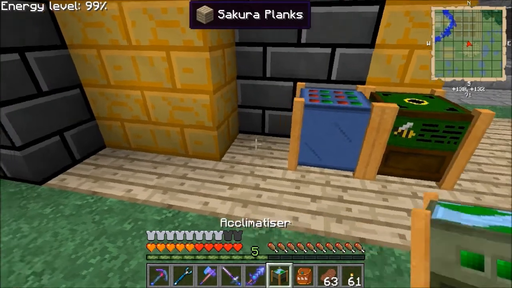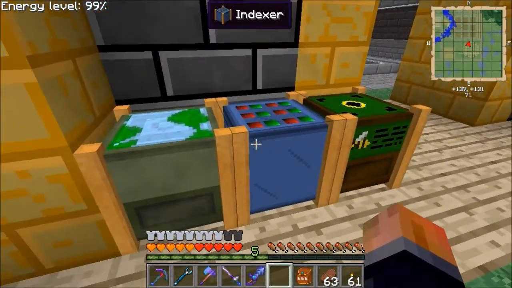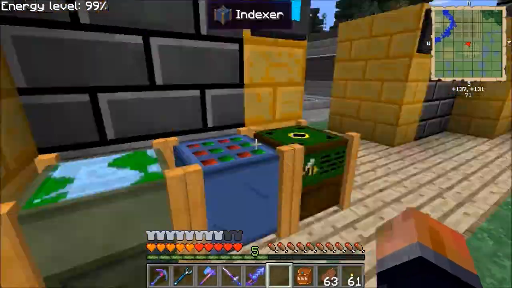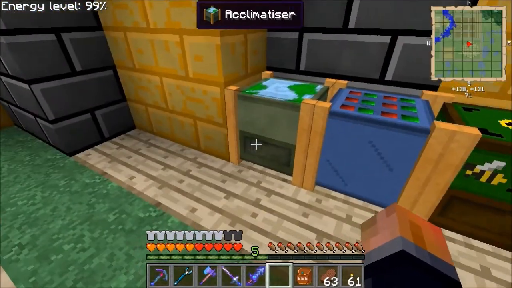Acclimatizer is the next of that tier of machine. This we don't need for a long time. It needs power, and it needs a bee. What we do with this is it can change the tolerances on your bees. Now, if we look at our